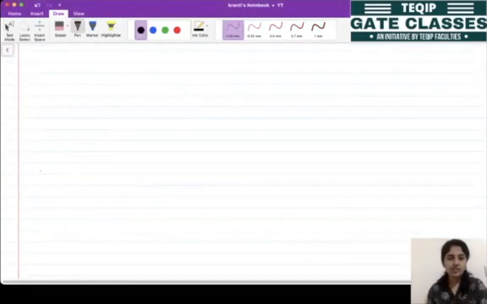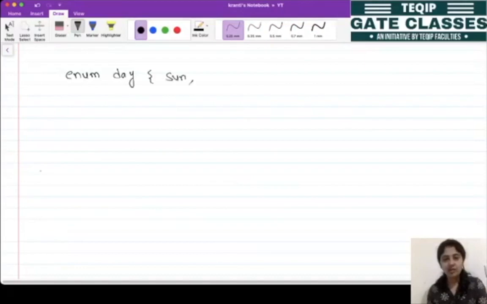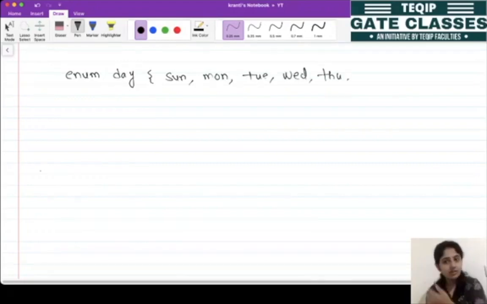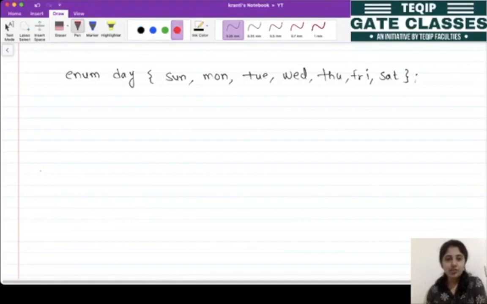Okay, so let's see this example. So this is our one enum day, so this is one user defined data type and here I am mentioning some values. So let's say Sunday, Monday, Tuesday, Wednesday, Thursday and Friday, Saturday. Okay, तो अब when we declare something like this, तो internally compiler क्या करेगा, ये जो first enum name है या फिर ये जो first element है,